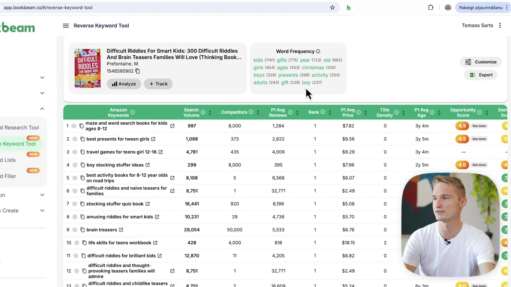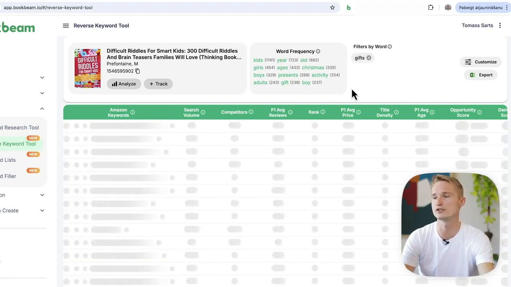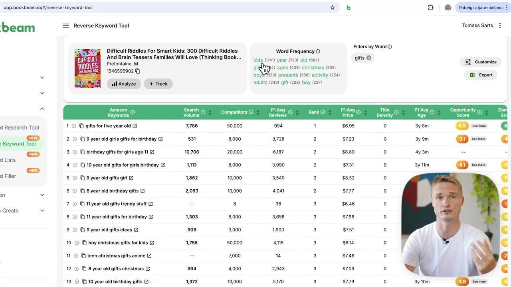So Christmas is coming up, so we can filter the keywords by the word gifts. It's going to only show us keywords that have the word gifts inside of them if I filter it here out of the word frequency. The word frequency shows us all the most common words that can be found within the keyword list. And if I click any of them, I can filter the list based on any of the keywords in the list containing it. So here I have a list of keywords containing the word gifts, and I can create campaigns using